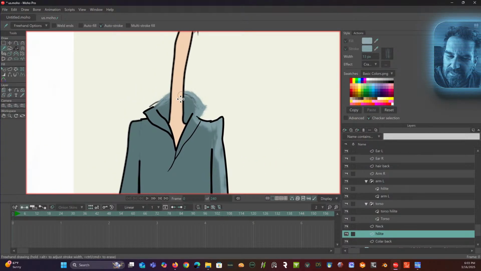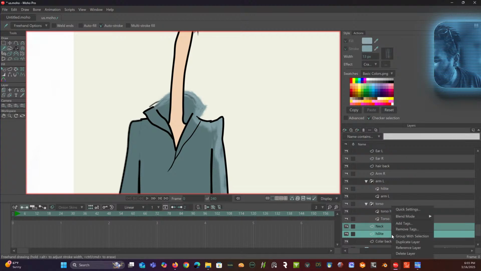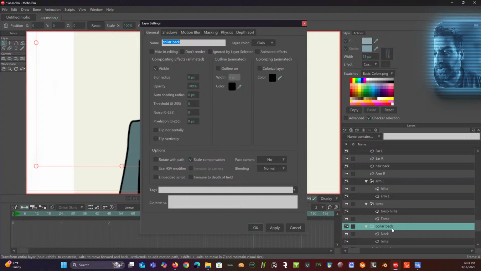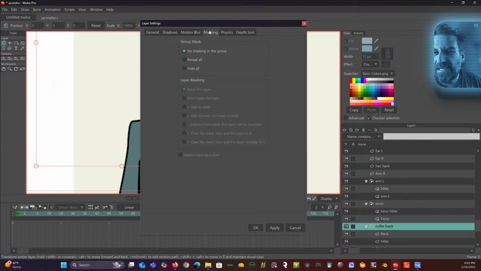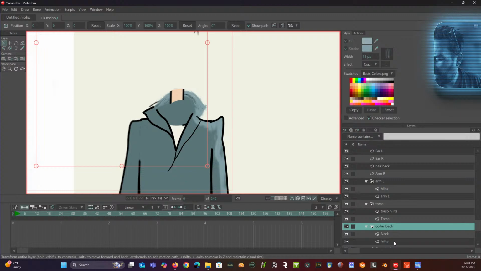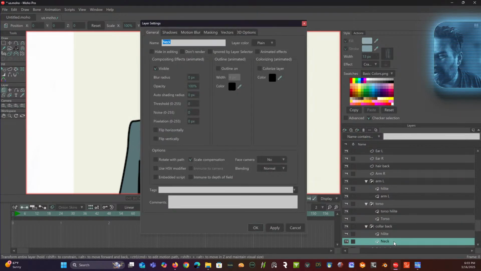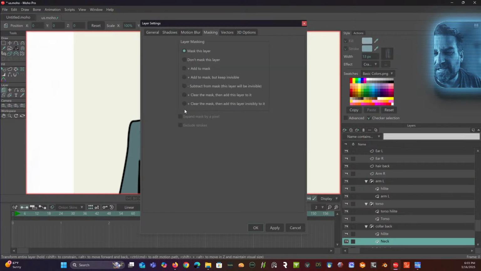I'll work with it. So we obviously didn't do a mask on the collar, so we're going to have to join those, group them together. We'll do color back because she's going to get mad otherwise. Color back. And in that layer, of course, we're going to take our masking. We're going to hide all. Okay. And then we're going to put the highlight on top of that neck layer. And then on the neck layer, of course, we got to go into masking and say